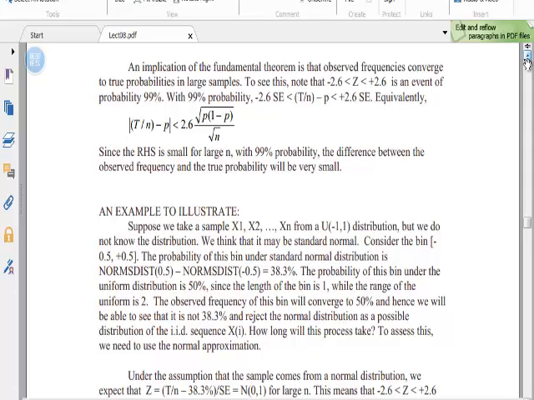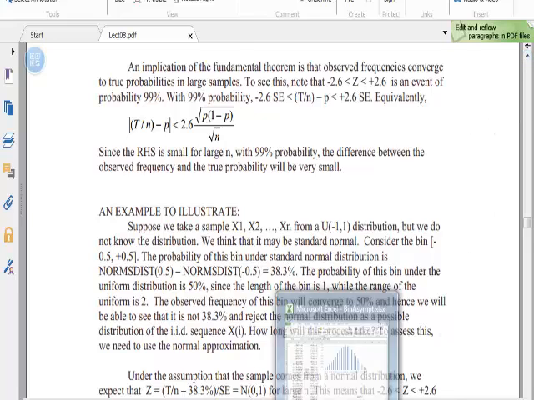If you subtract the mean from a normal variable, the mean becomes 0, and then its standard deviation is the same as before. Adding or subtracting a constant to a normal doesn't change the standard deviation. So the standard deviation will be square root of P times 1 minus P over the square root of N. Now, one very important thing that we want to say here is that,